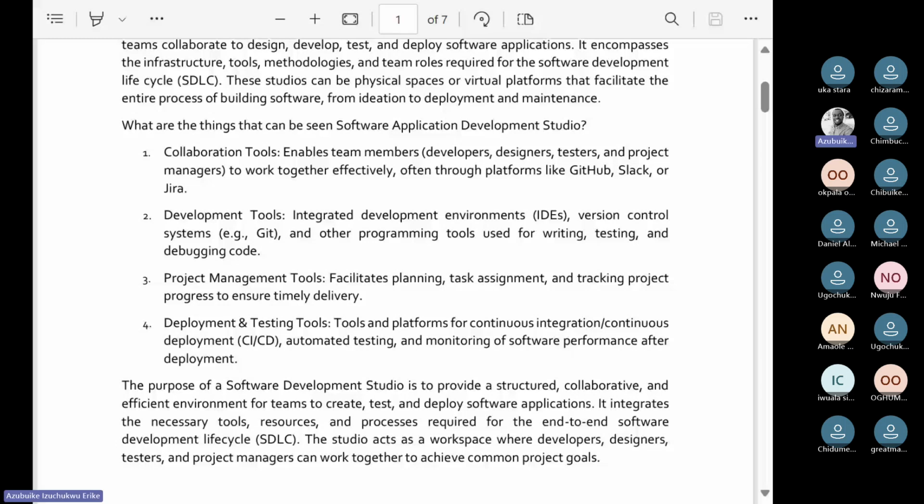So collaboration tools enable team members who are developers, designers, testers, and project managers to work together effectively. There are some platforms that enable that. For that, you have GitHub, which most of you may be using already. Then you have Slack that can be used for communication, and you have